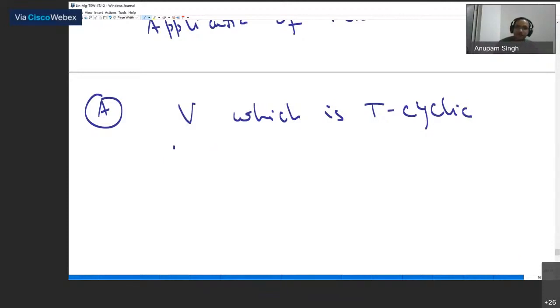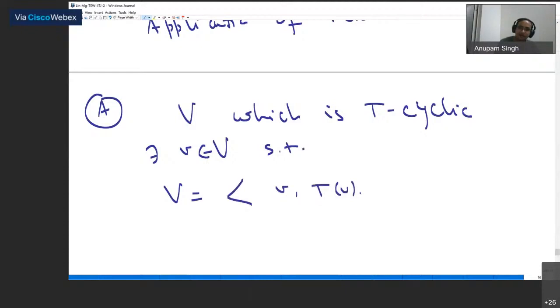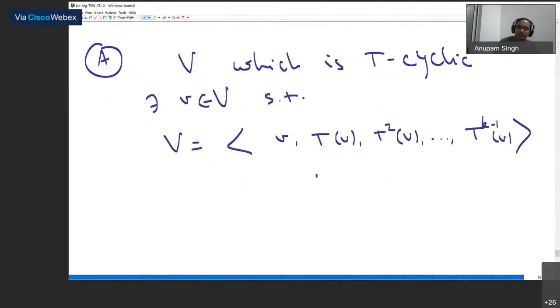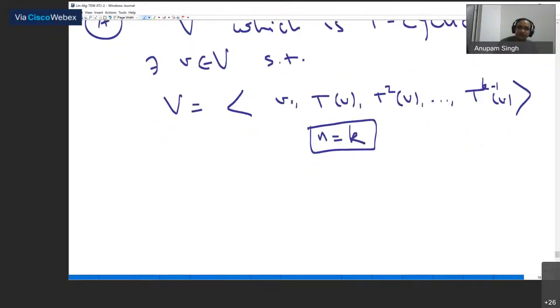So when I said that V is T cyclic, that means there exists some vector v in V such that V is basically spanned by finitely many vectors: v, Tv, T squared v, and so on, let's say up to T to the power k minus 1 of v, right? But since I am saying V is equal to this, better k be equal to n, right? So there are a total of n vectors here. Now, if I take this as a basis,